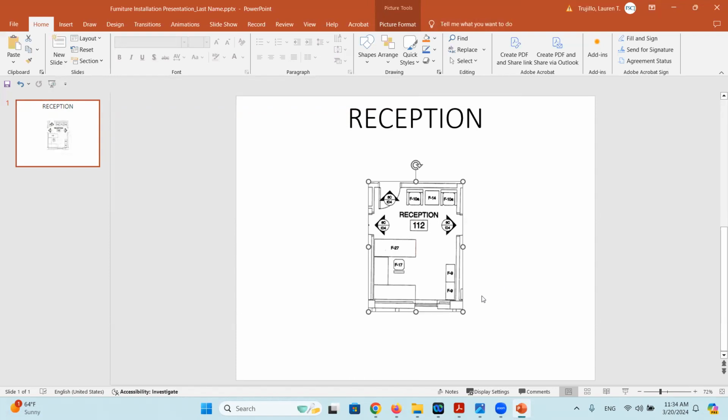The next thing I'm going to do is create white boxes with no border to cover the text in this figure. Now, what we're trying to do is eliminate any confusion that might come with these key designations that might confuse, for example, a mover or a design assistant who's unfamiliar with our coding system. And there's a lot of ways that you can eliminate this extra information to make it simpler using a variety of different kinds of software. But if you just have PowerPoint, it's important to know how to just do it in PowerPoint.